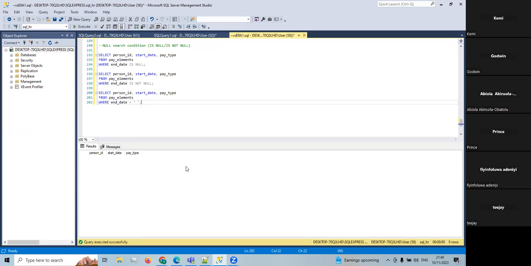Right. So that brings us to an end of the conditions for the use of where clauses. We've looked at 5 main conditions. Can anyone name them? We looked at range, we looked at set membership, we looked at